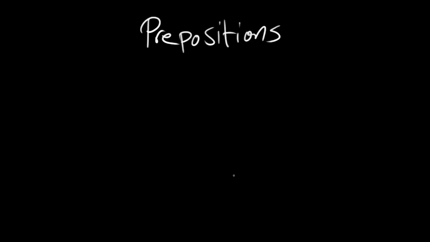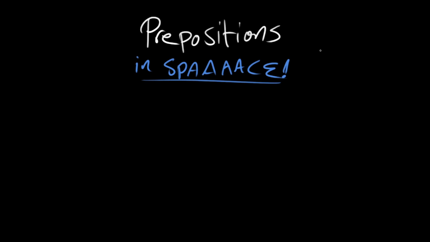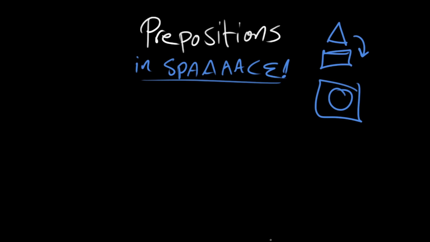Hello, grammarians! So we had said previously that prepositions express relationships between two ideas, right? And we can do that either in time or in space or in other ways. But today I want to talk about prepositions in space. Because this is, again, one of the things that prepositions do: they can set up relationships between objects and their locations, right? So I could say the triangle is over the square, or on top of the square. I could say the circle is inside the square, right? And these are all, over, inside. What I would like to do is review some of the major ones and talk about what their uses